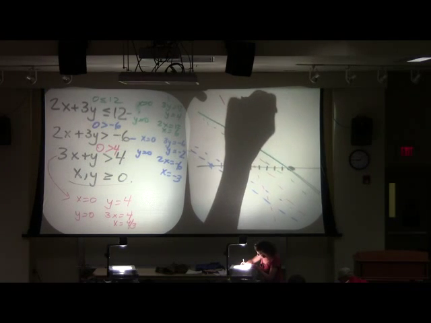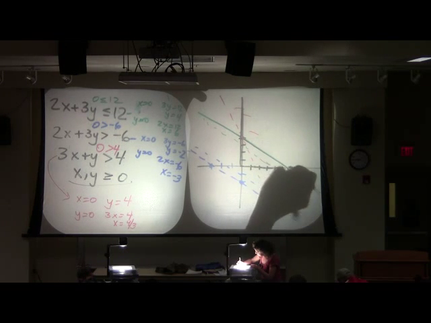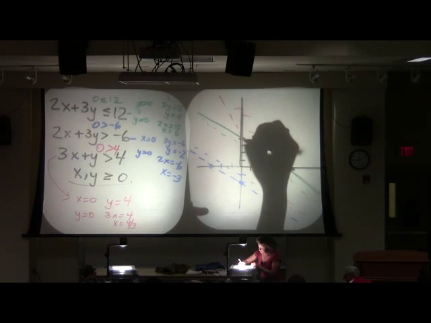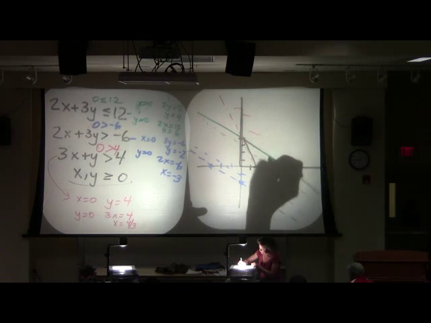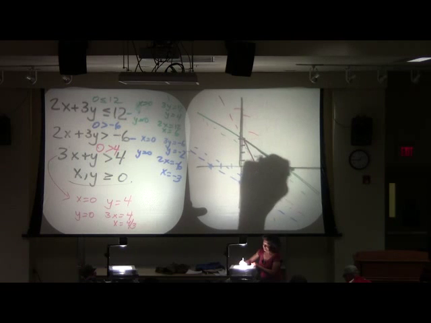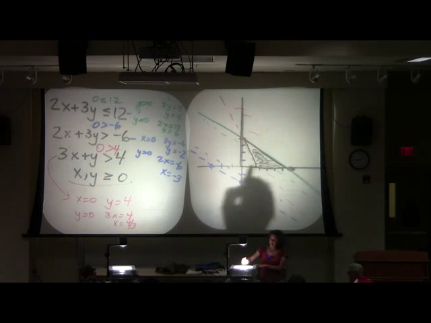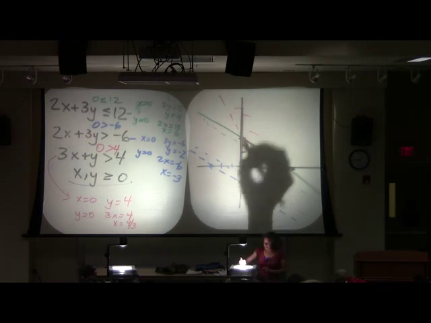Last but not least, remember, we're really only interested in our first quadrant. Do you all agree that the only place where I shaded all 3 colors is right in here? You're going to get cute little regions like that. Now, I'll grant you I shaded all 3 colors down in here. The thing is, remember my last inequality said stay in your first quadrant. You guys with me here? All right.